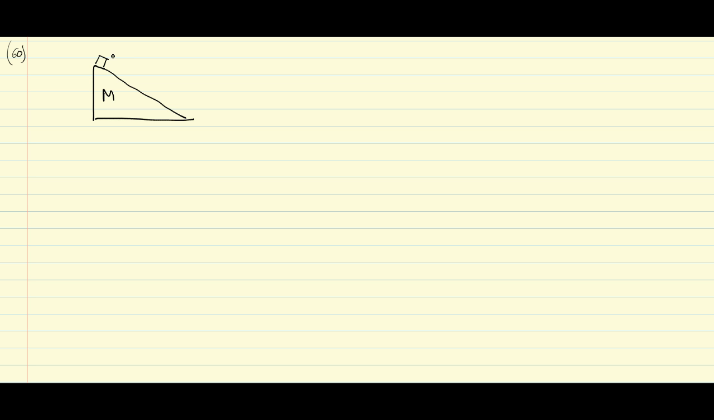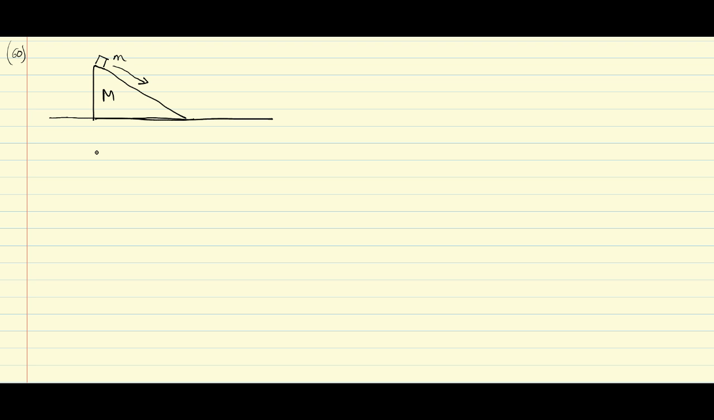another block of mass small m, that is, the system is kept on a frictionless floor like this. In addition, the friction between the two blocks, that is between small m and capital M, is also assumed to be 0. Now when you release the system in this position, what's going to happen is small m is going to travel downwards like this,